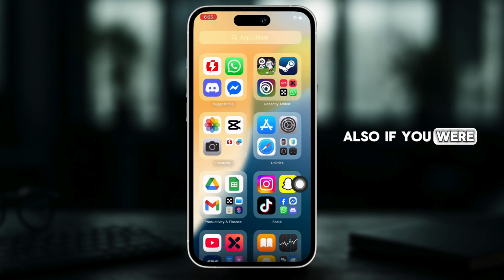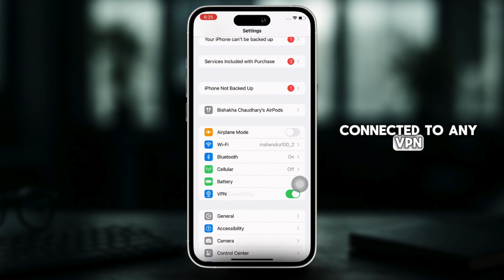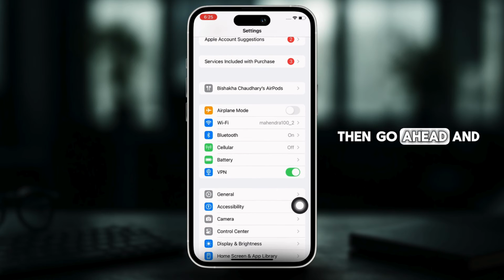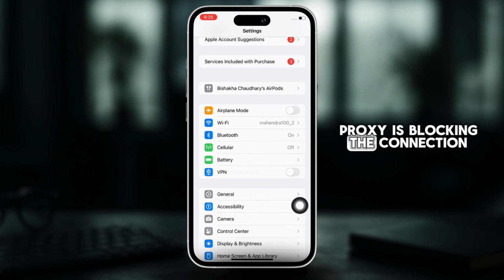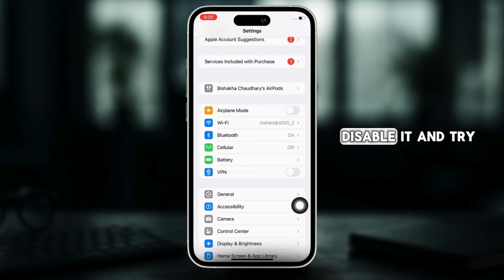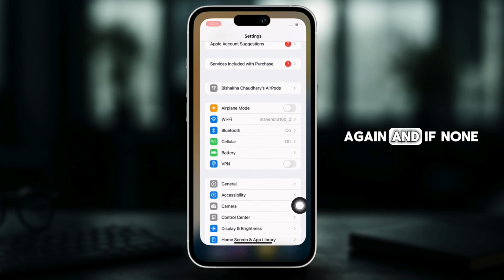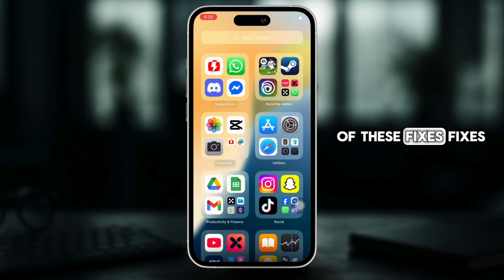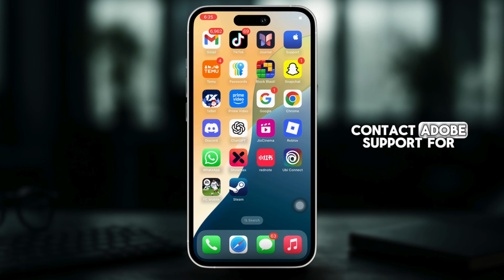Also, if you are connected to any VPN or proxy, then go ahead and disable it. Adobe apps may not work properly if a VPN or proxy is blocking the connection. Disable it and try again, and if none of these fixes your issue, you can try to contact Adobe support